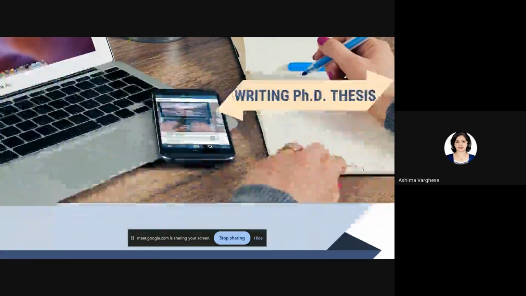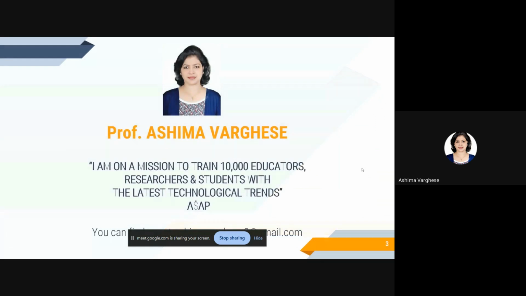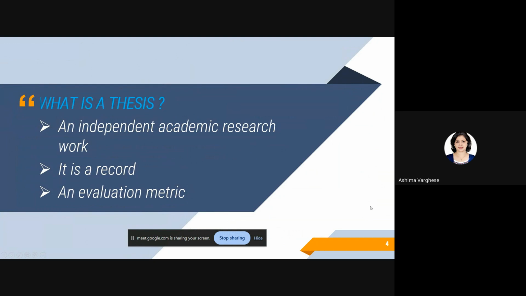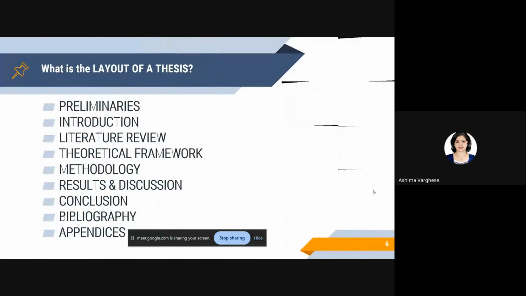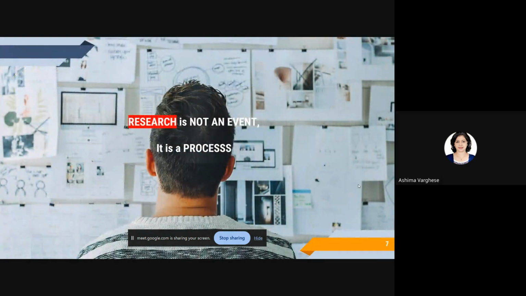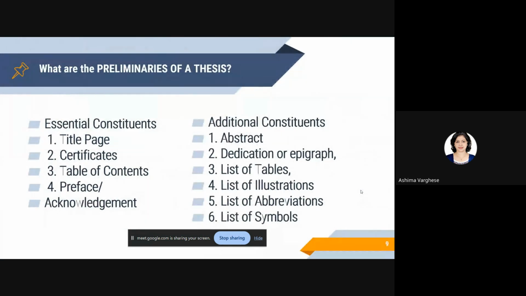To have a quick recap of whatever we did yesterday: what a thesis is, how it is to be written, the manuscript, what should be the length, language, purpose, and the layout of thesis we have discussed yesterday. And this research has got a preliminary section where we have discussed the essential constituents as well as the additional constituents,